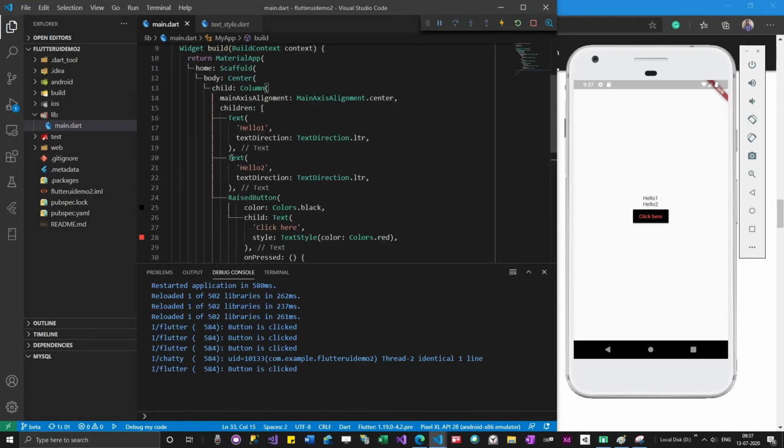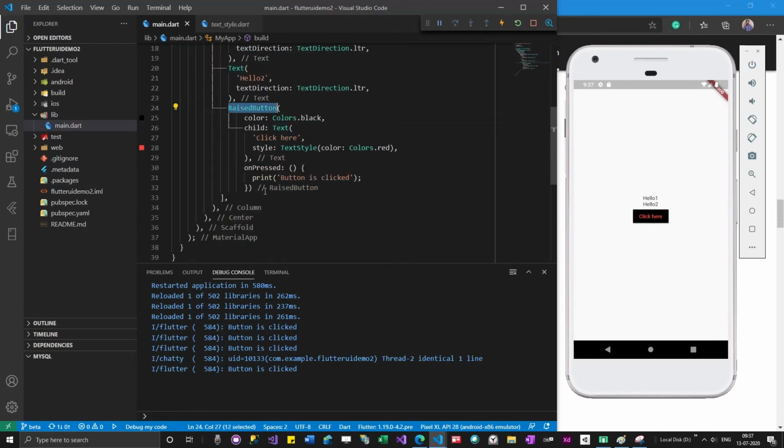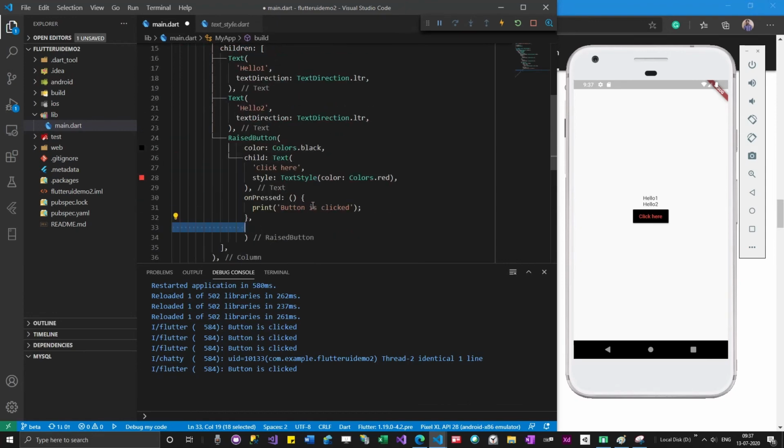So now, for now, we have used some things. So okay, we have seen how to add column, text, and raised button. So let me add something called list view, for example. Okay, give me a second. Okay, so before going to list view, let's add a